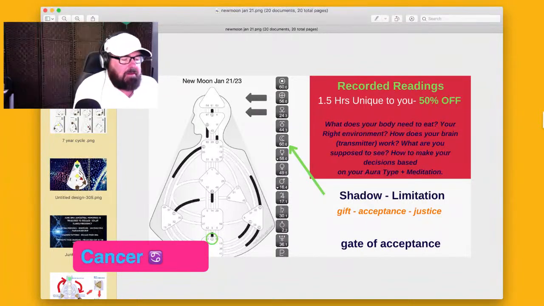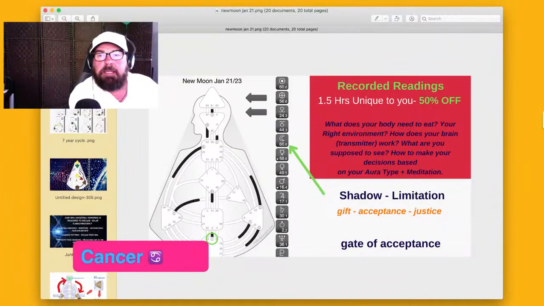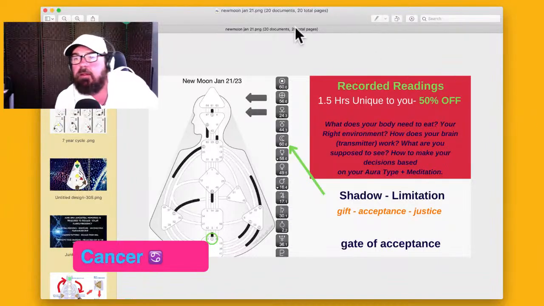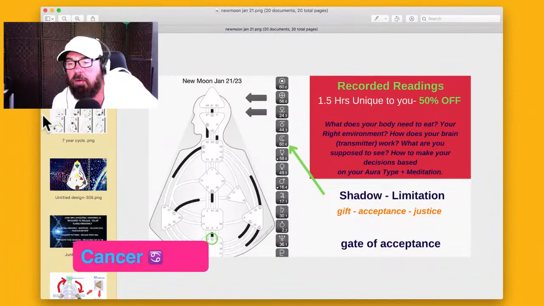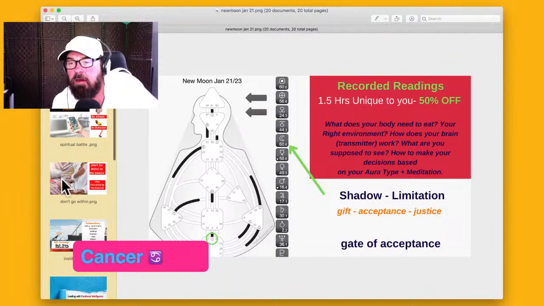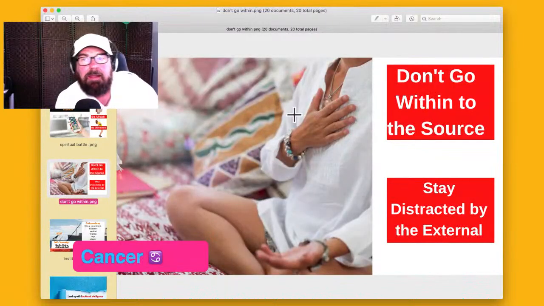Oh, that makes sense. Let me just get another card here, the tarot card. So feeling limited by other people, right? With shadow work, it's not about the other person. What you're being called to do, what we're all being called to do, Cancer, is to go within.